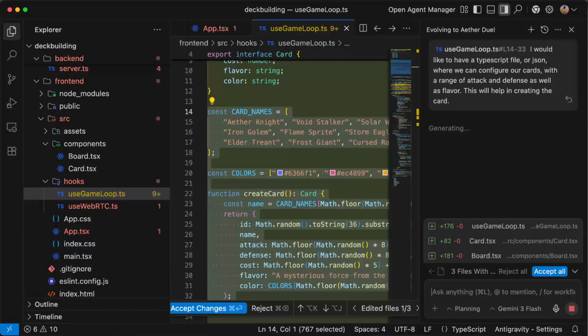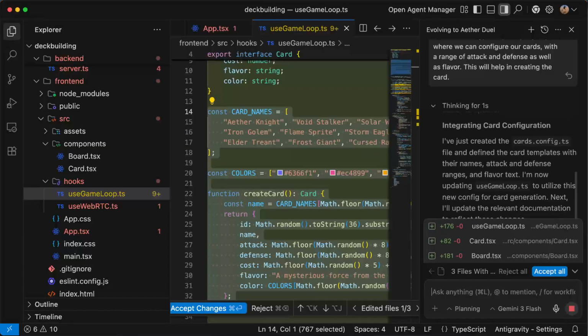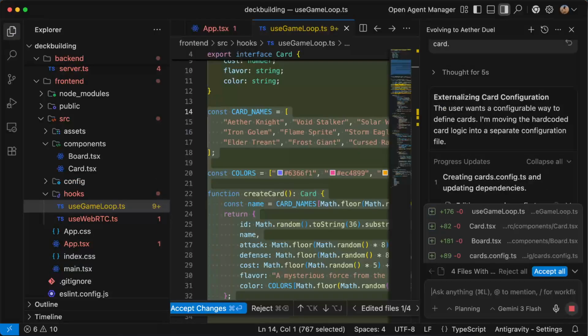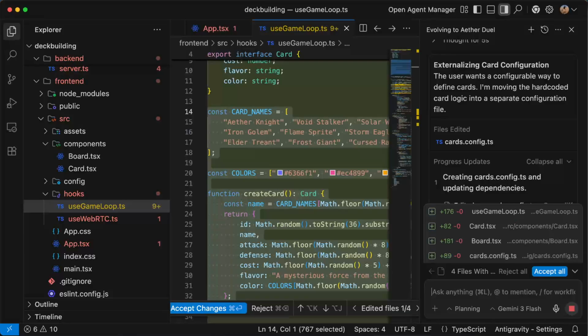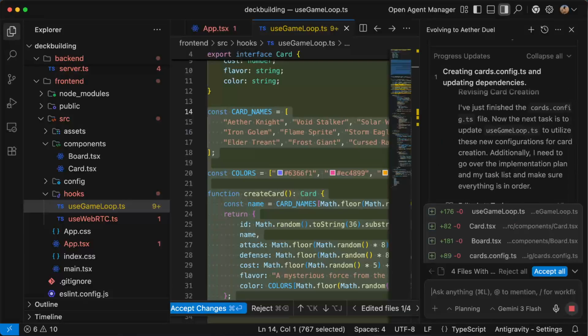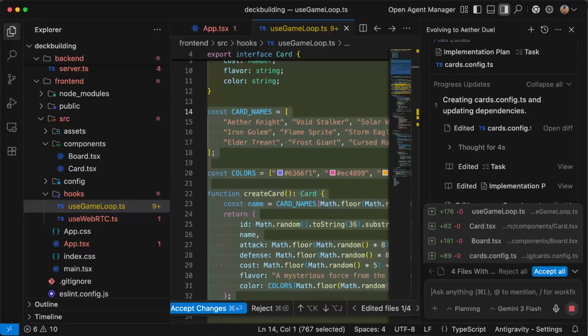This will help in creating the card. And so you give him instructions, you have written or understand the code, right? So I think it's still very important to really have deep knowledge on how a front-end application is working, but you give a lot of kind of freedom towards the agent itself.